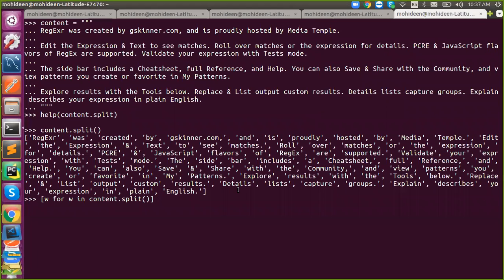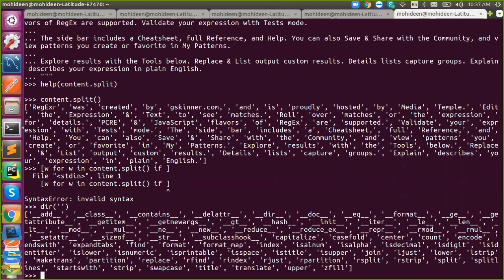I said it starts with capital. That's my condition. If you want to check a boolean, a string has isupper. isupper will check if everything is uppercase. So we have to get the first index of each word.